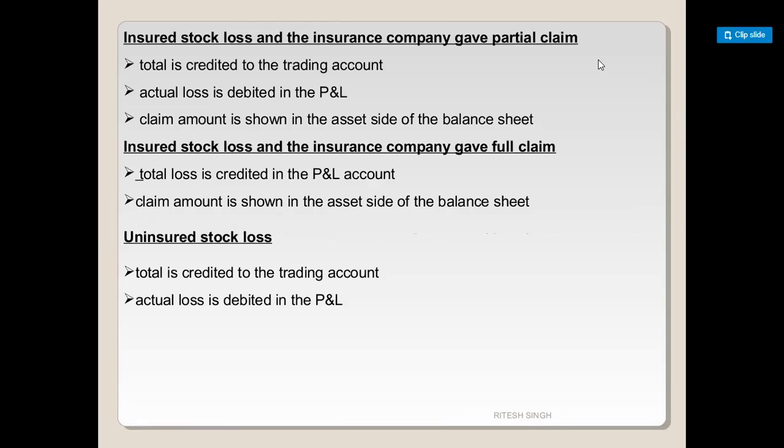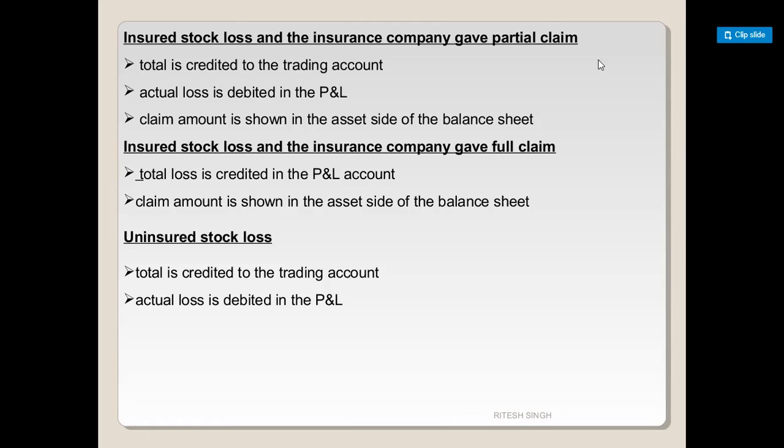If the stock is insured and the insurance company gives the partial claim, total amount of goods is credited to the trading account, actual loss, the difference amount, is debited in the profit and loss account and claim is shown in the asset